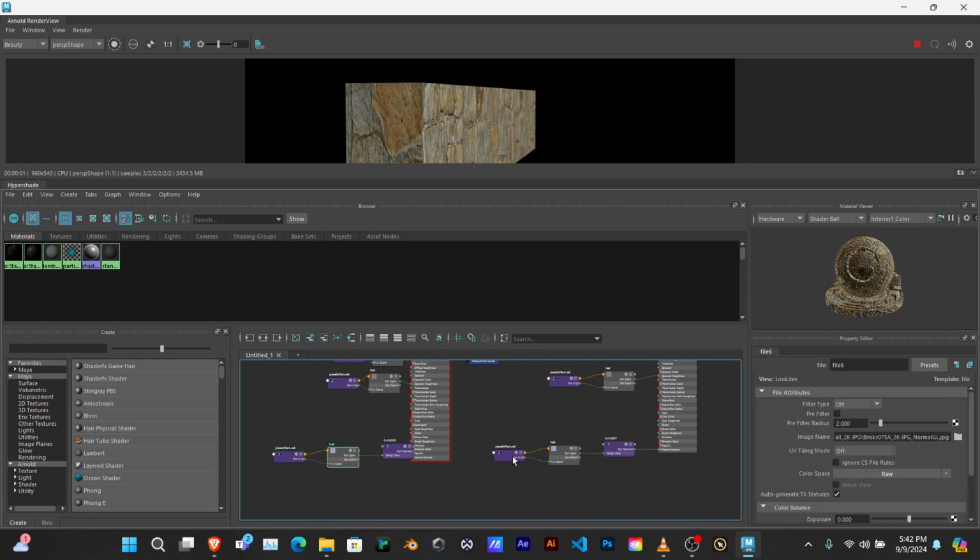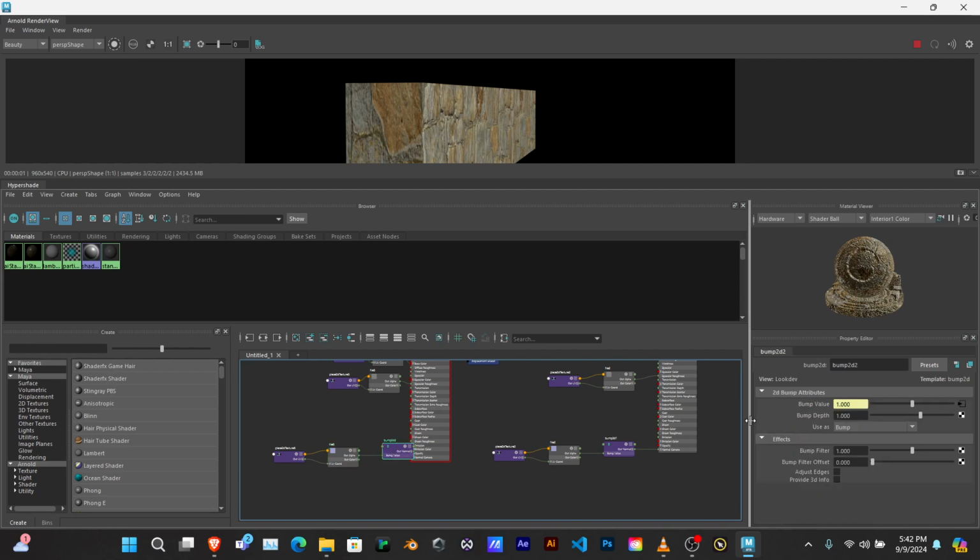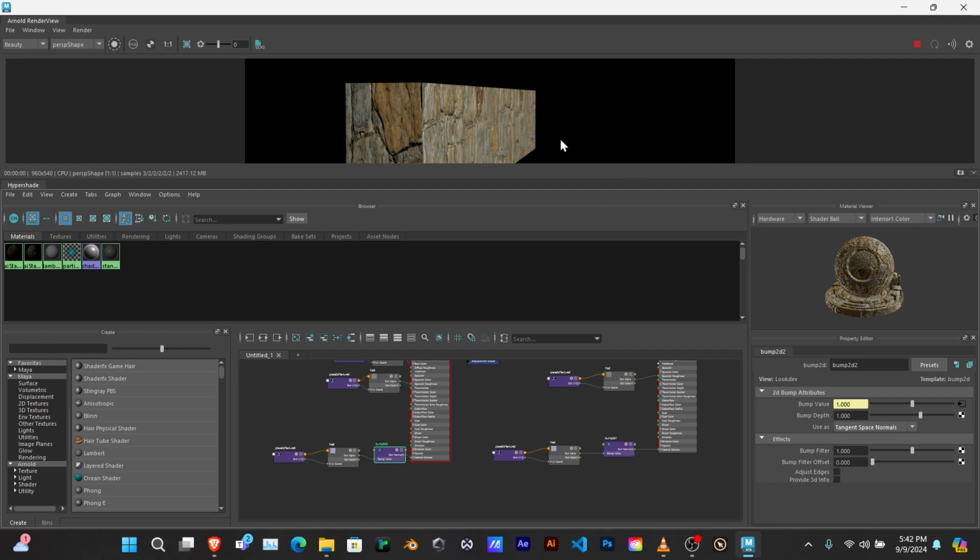Nope, here. Yeah, here it is. So in the final module, this use as bump, I'm going to look up here while I make this change, tangent space normals. There we go. So there is my